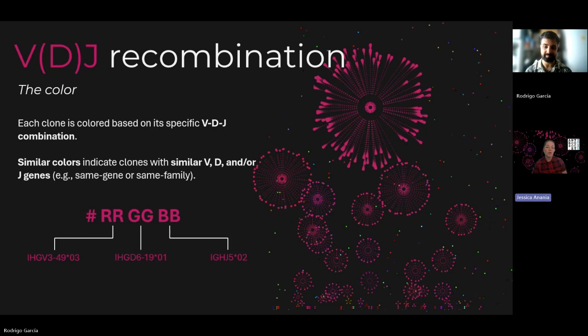Okay. Is it normal that most of them seem to be more on the red spectrum? Is it normal that they should be highly related in the ones that are expanded, or would you have a different subset where they're mostly green or mostly blue? Probably if I apply this to different samples, the results will be different. In this particular case, it seems that there was some predisposition by these particular VDJ combinations to be expanded, I guess. Yeah, it's predisposed by the biology behind it, which is a very good thing.